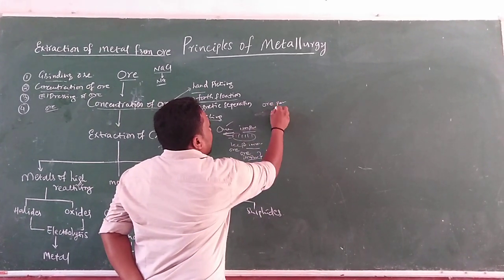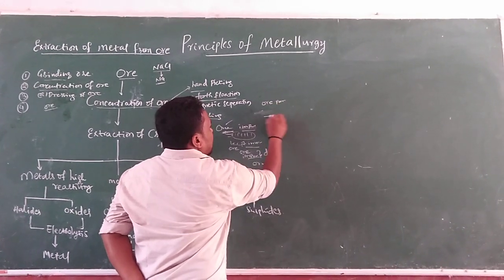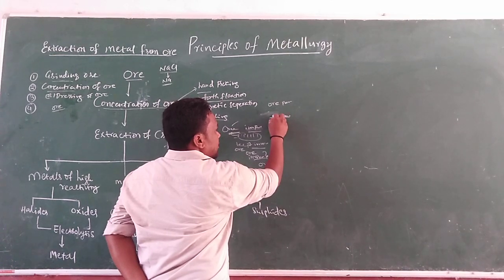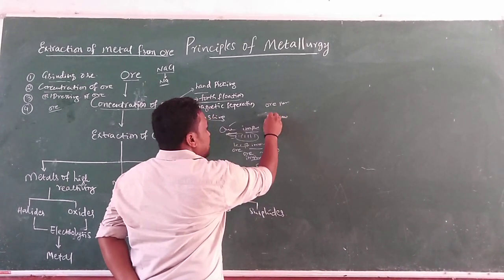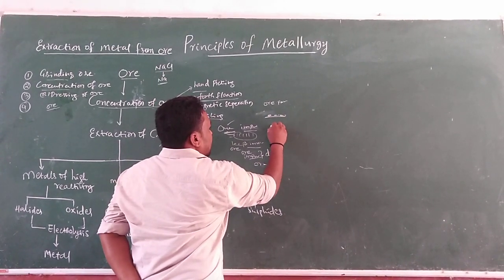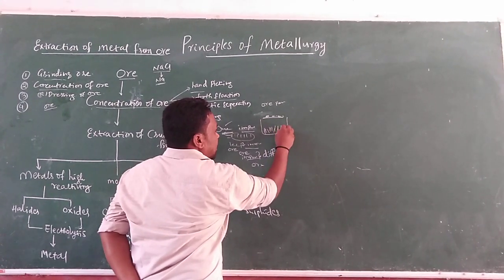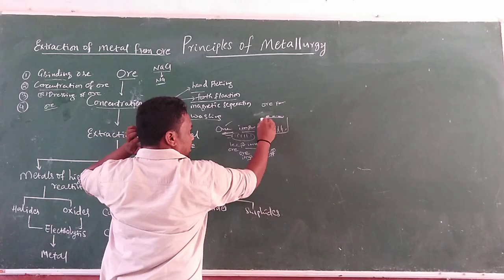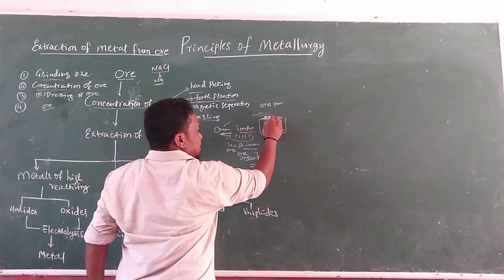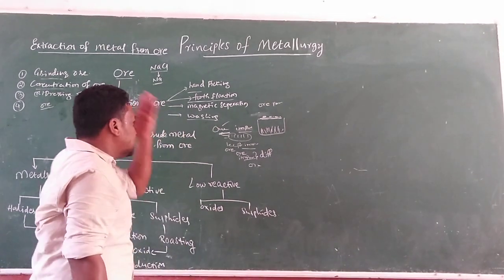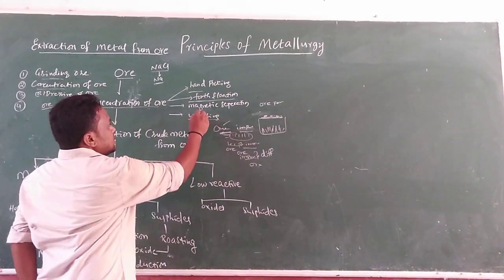Here the ore particles are floated and deposited on the surface, and the impurity particles are left behind in the water device, meaning they reach the bottom of the beaker, but the metal ore particles reach the water surface of the water device. This is said to be froth flotation.